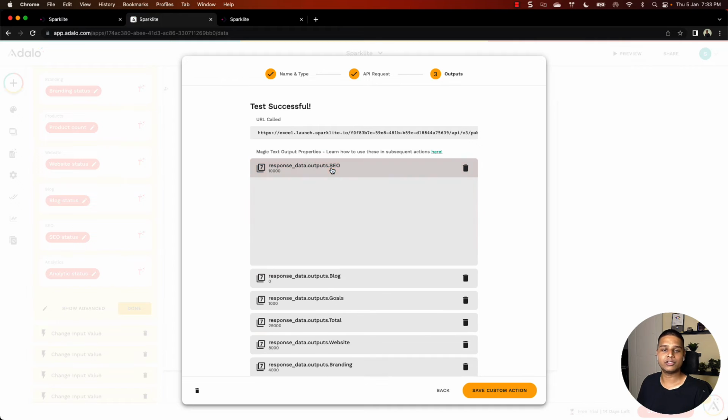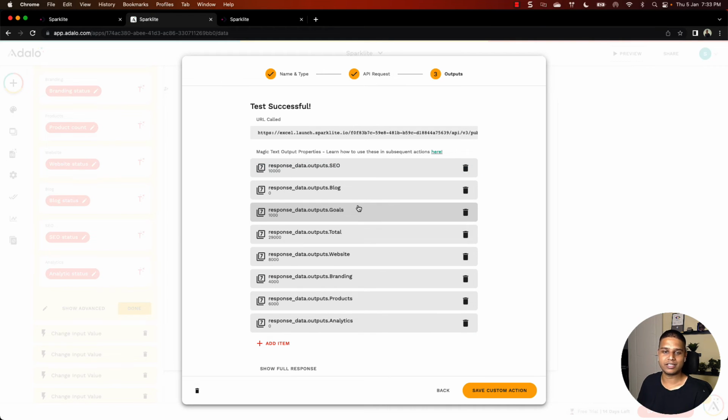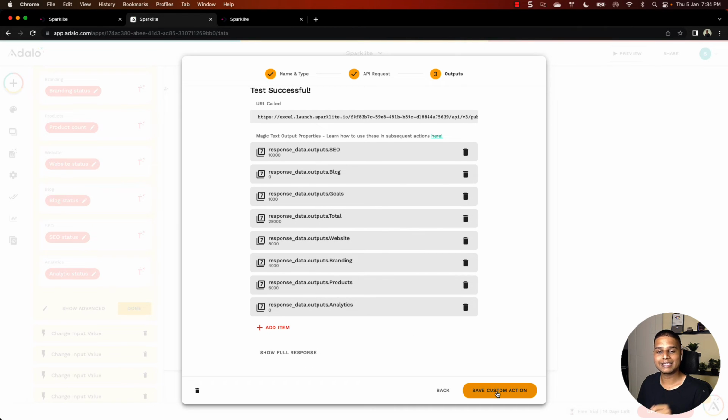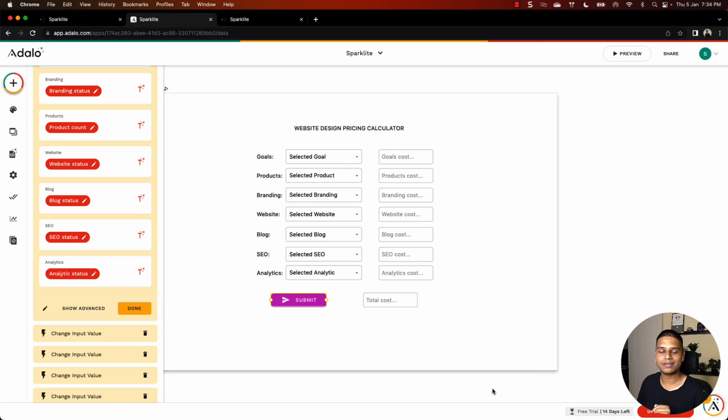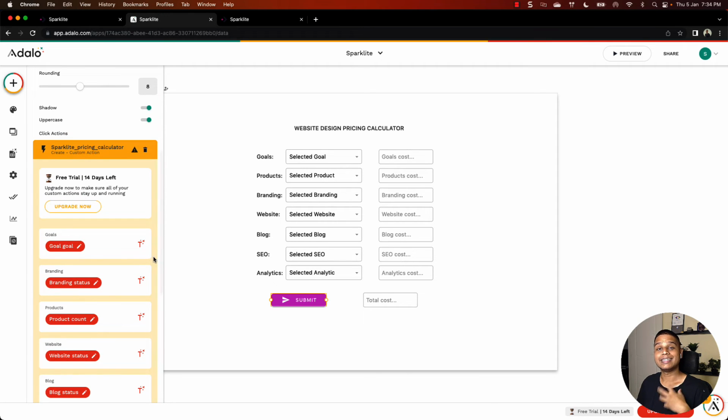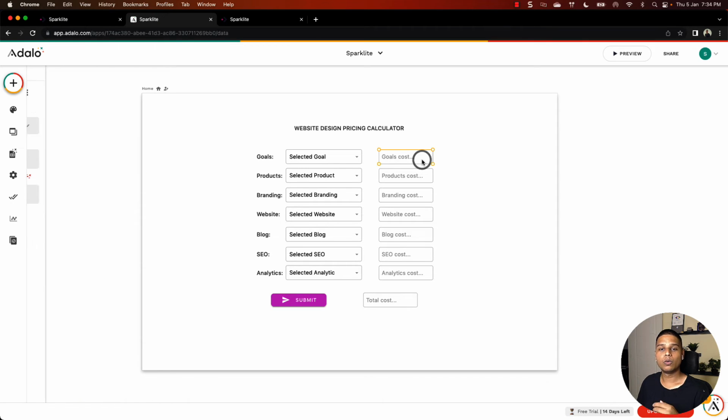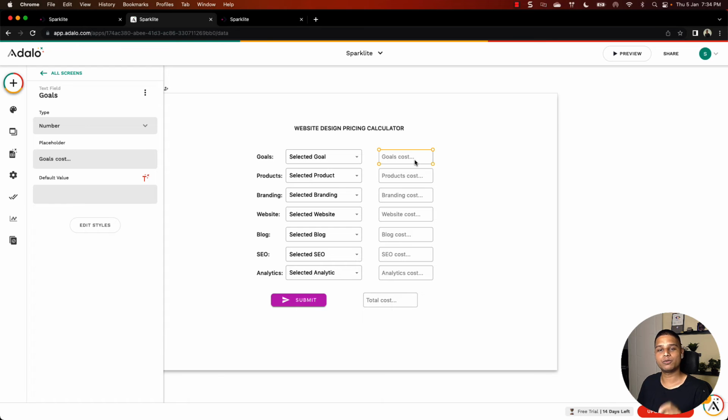Adalo automatically parses the entire JSON data output and gives you all the relevant information that you need. Anytime you find something that's not relevant, you can bin that particular data point as well. In our case, we have everything the way we need it. So I'm just going to click the Save Custom Action button right there. Once we are good, the next step is to display the output of the API request that we just made. To do that, we'll create these text input fields, and that's where we'll display these